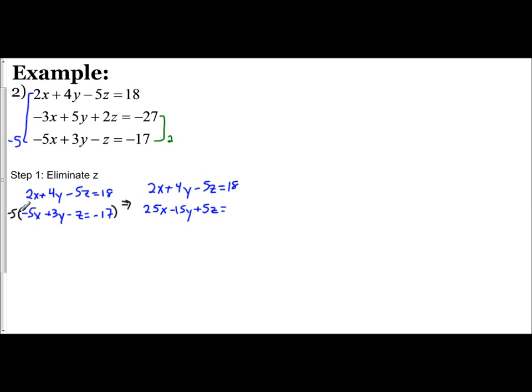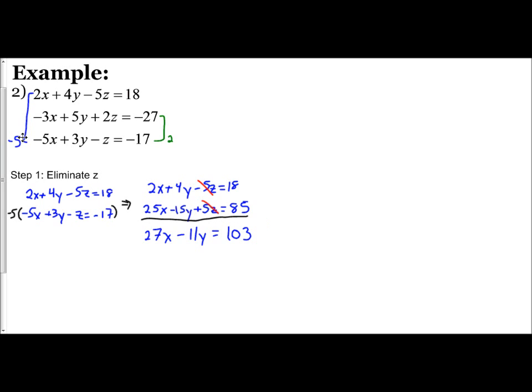And then negative 5 and negative 17 is going to give me a positive 85. And so what I'm going to do is, since I have opposites, add the two equations together. The negative 5z and 5z will cancel. So the new equation I get that has only two variables, the x and the y, is 27x minus 11y equals 103